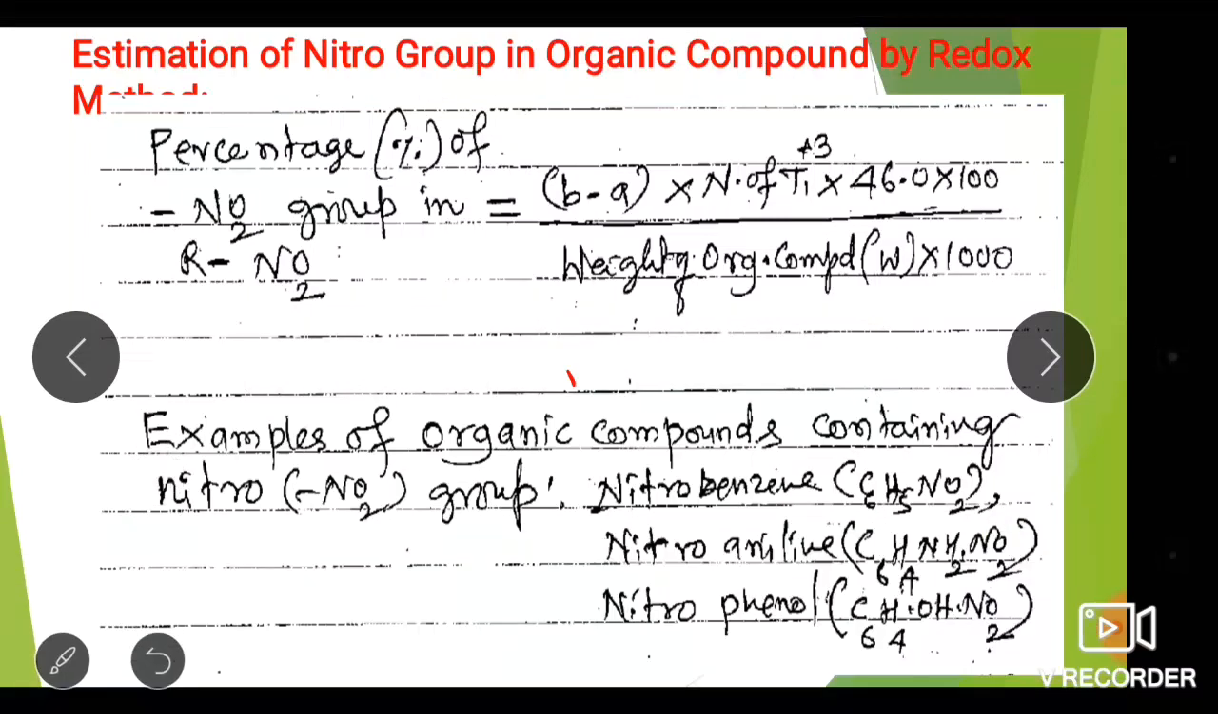So we are able to determine or estimate the amount of nitro group present in the given organic compound by means of the redox method, as well as we are able to determine or estimate the amount of ester group present in the given compound